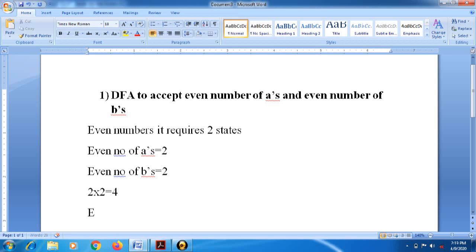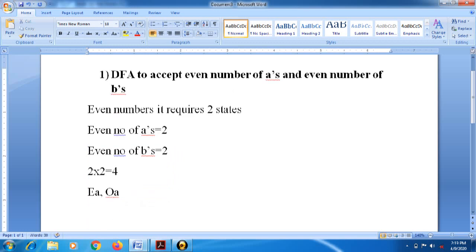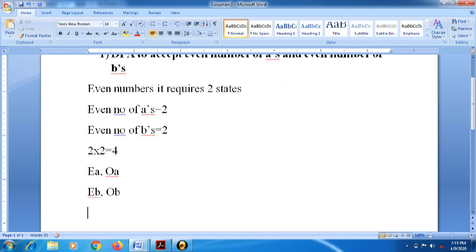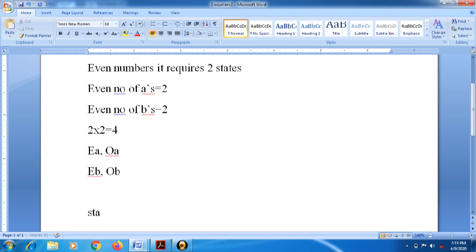EA is the initial state for even number of A's, and another state is OA. OA means odd number of A's. Same with B: EB for even number of B's and OB for odd number of B's. So the total states become as